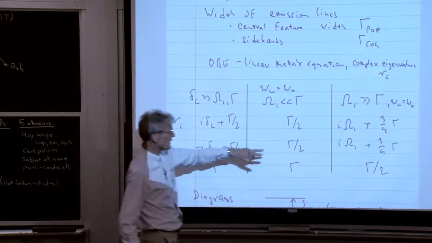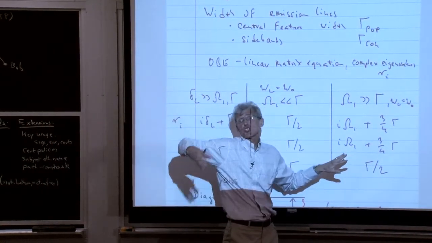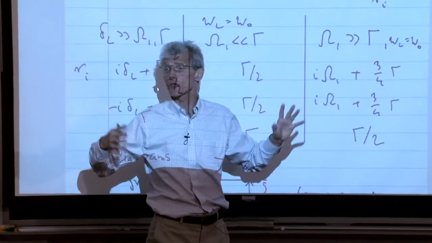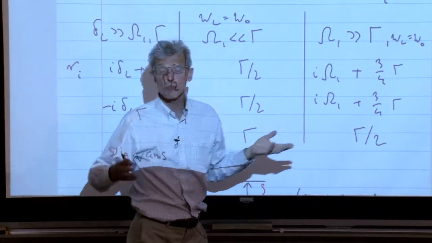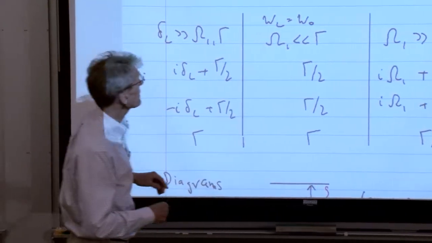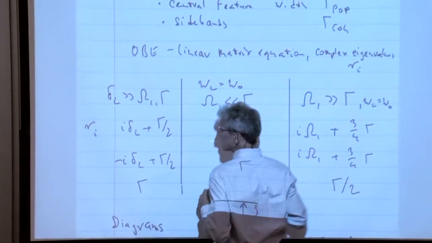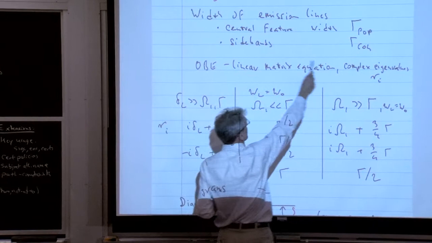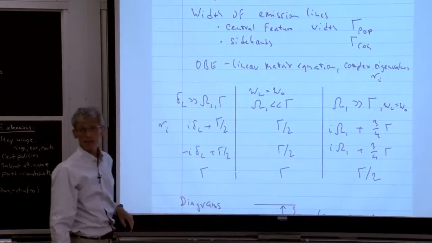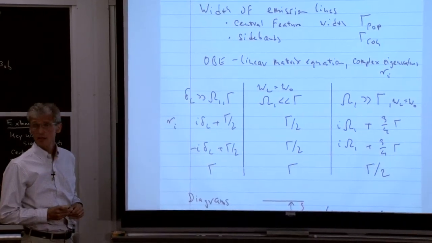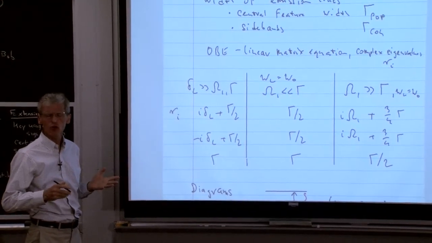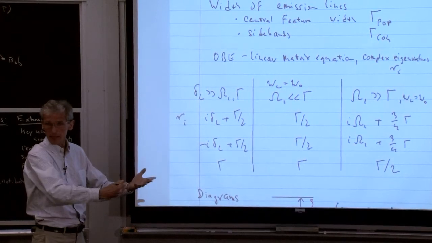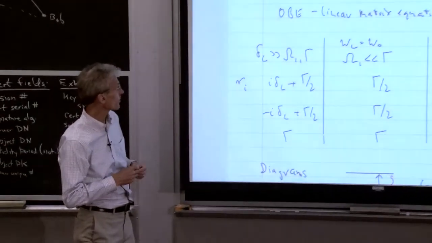So we had weird factors of 3/4, and I showed you how they come from the eigenvalues of the matrix of the optical Bloch equations. But now we understand them physically, namely the central feature has a width which is the relaxation time for the populations in the dressed atom picture, and the sidebands have a width which is the relaxation time for the coherences. And they no longer differ by a factor of 2, as in the naked basis in which we formulated the optical Bloch equations.